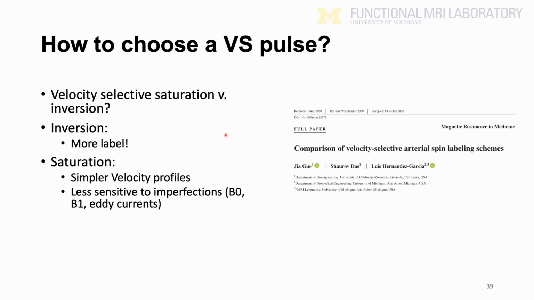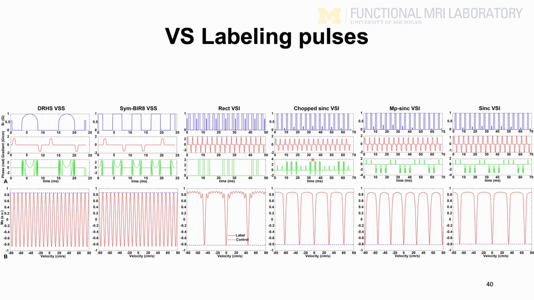But it turns out that the saturation pulses have a nicer velocity profile, and they're a lot less sensitive to imperfections. So it ends up being a difficult question to answer, and we tried to answer it. Gia and I had a lot of discussion on this,